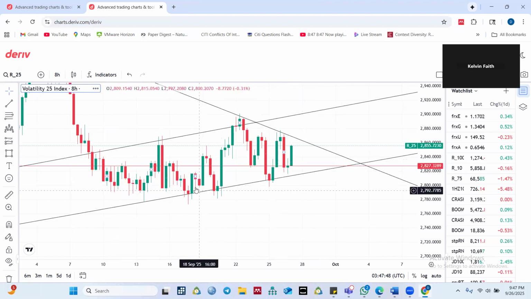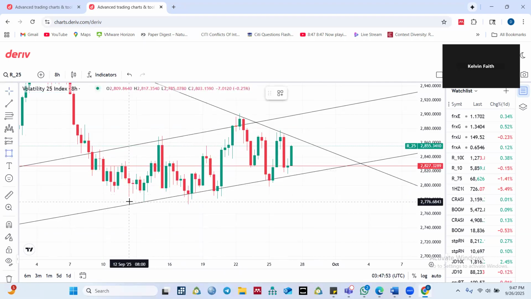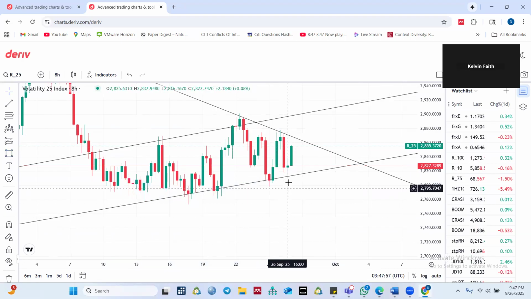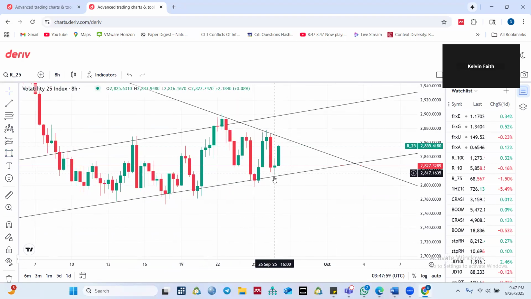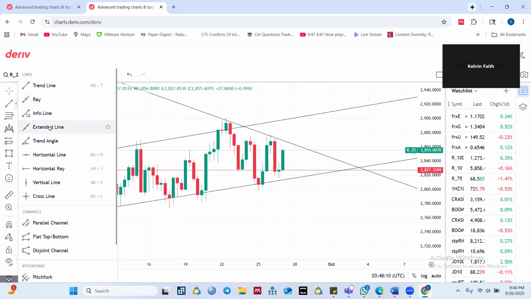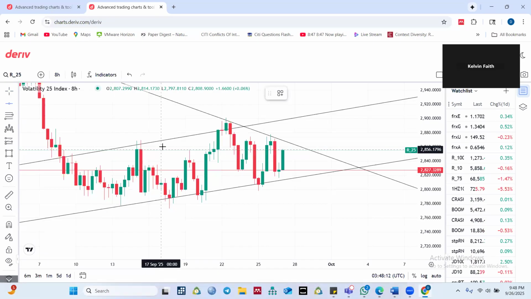Because we've tested this trend line multiple times. 1, 2, 3. We've tested this trend line multiple times here also. Did this one also get tested? Yeah, it got close to it. So let's see. I'm looking for an area where price has hit and sold and has used the same area to buy